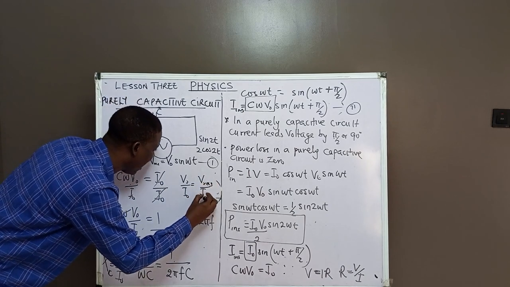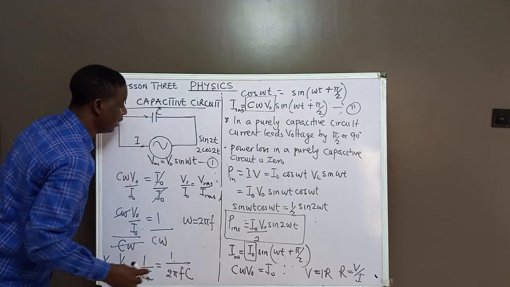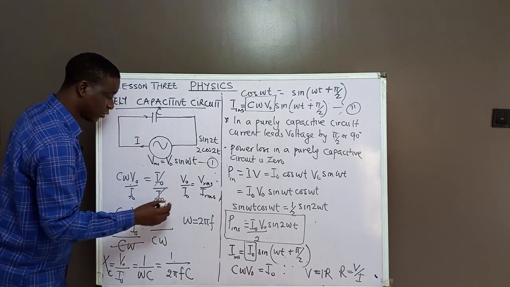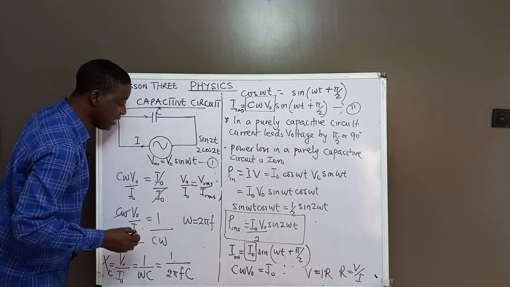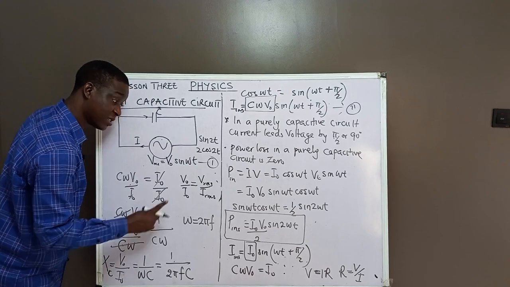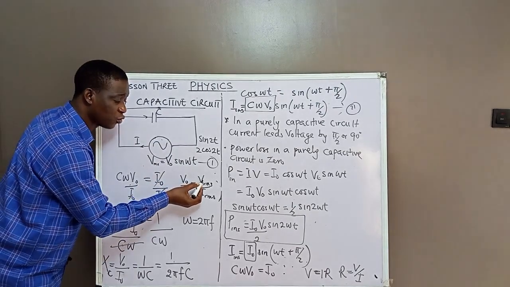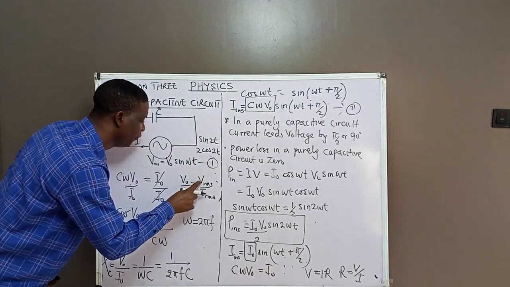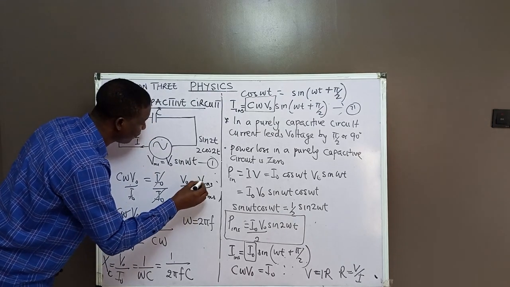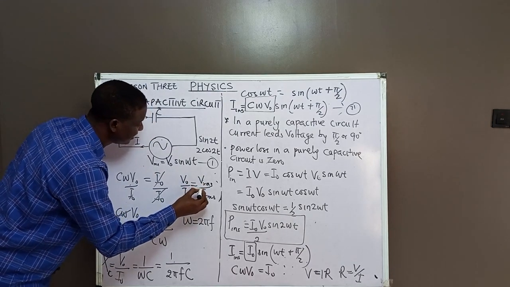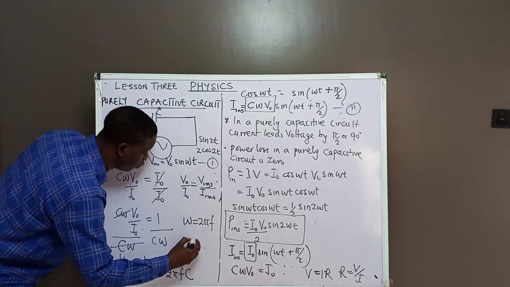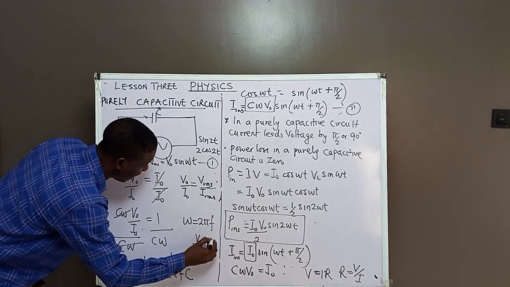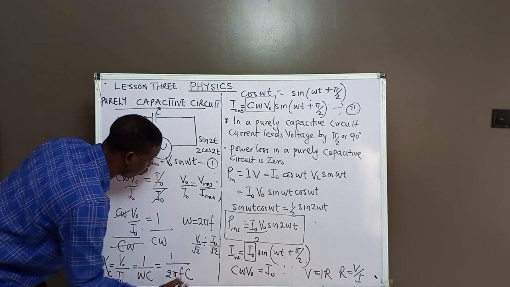Now recall that V naught over I naught is the same thing as VRMS over IRMS. Don't forget this if you don't know it now. Why? VRMS has a formula of V naught over root 2. So if you divide V naught over root 2 by I naught over root 2,